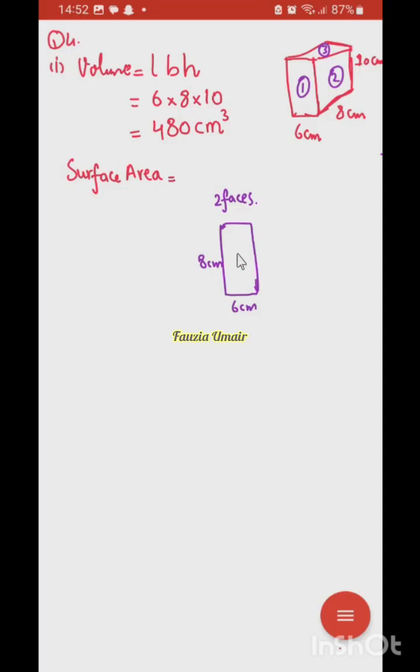Ma'am, 48. Very good. इसका एरिया centimeter square. एरिया। ठीक है? आप देखें ये फेस 2। अब मैं फेस 2 बनाने लगी हूँ, this kind of face. अच्छा, फेस 2 में the length is 8 and the breadth is 10. क्योंकि ये फेस है ना, can you see 8 and 10? तो what is the area of this face? ये भी दो फेसेस हैं, एक लेफ्ट साइड पे और एक राइट साइड पे। 80 सेंटीमीटर स्क्वायर।